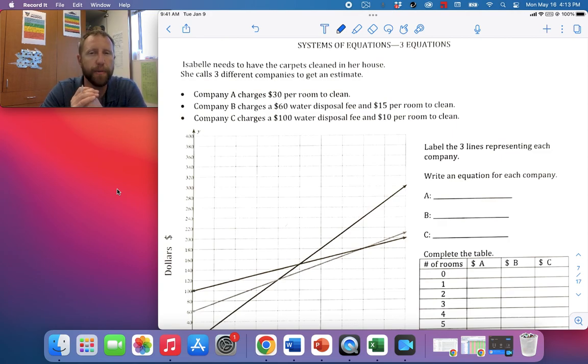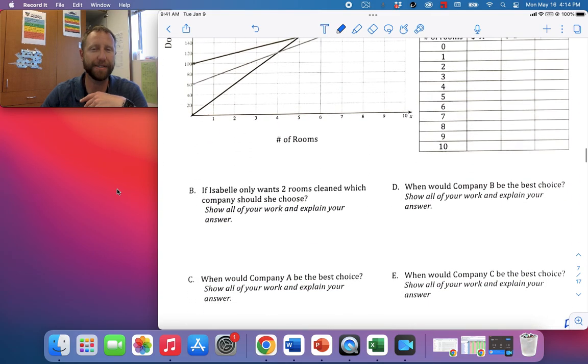It says Isabel needs to have the carpets cleaned in her house. She calls 3 different companies to get an estimate. Company A charges $30 per room to clean. Company B charges a $60 water disposal fee and $15 per room to clean. Company C charges a $100 water disposal fee and $10 per room to clean. It wants us to label the 3 lines, write an equation, complete the table, and then finally answer the questions,